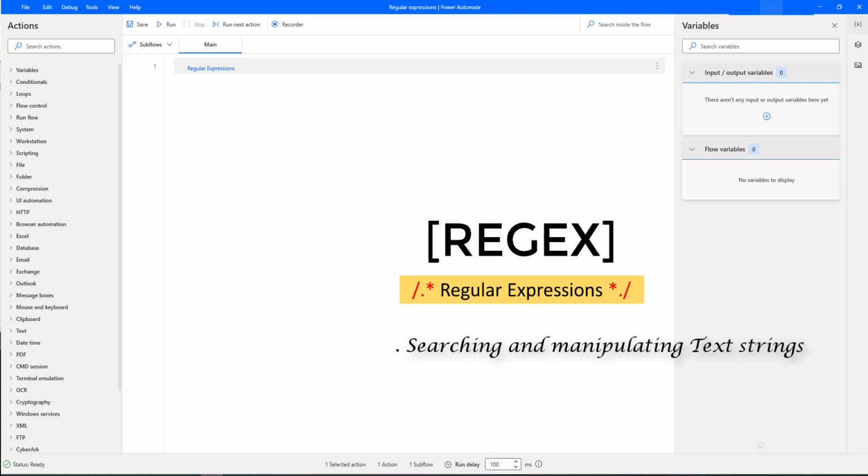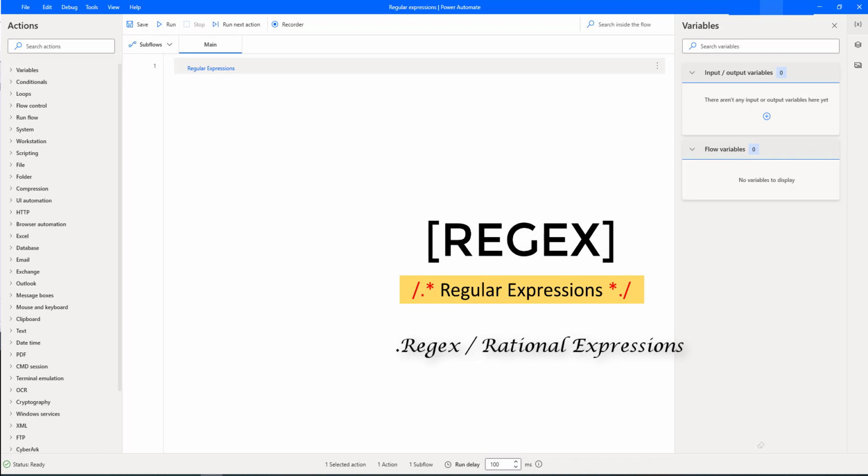Regular expressions are special sequences of different characters which describe a particular search pattern in strings. It is mainly used for searching and manipulating text strings. These sequences use metacharacters and other syntax to represent sets, ranges, or specific characters. In simple words, we can easily search for a pattern and replace it with a matching pattern with the help of regular expressions. In short form, it is called RegEx,